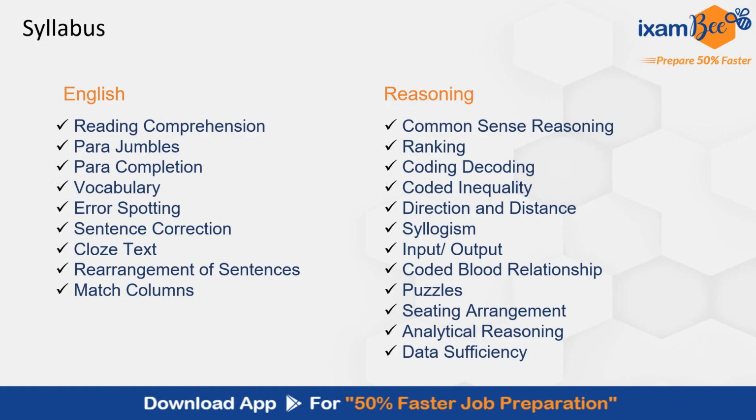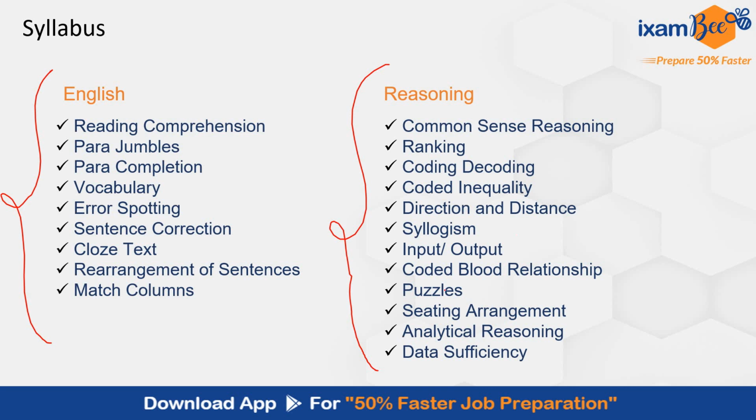Now going ahead with the syllabus, these are the topics from which you can expect questions in English and reasoning. One thing I'll tell you, there are 5 subjects. There are sectional cutoffs present. There is sectional timing present. At least 3 subjects should be your strong areas. In 2 subjects, you can target to clear the sectional cutoff. So in English, you will see questions from all these areas. You can pause the screen and take a screenshot.